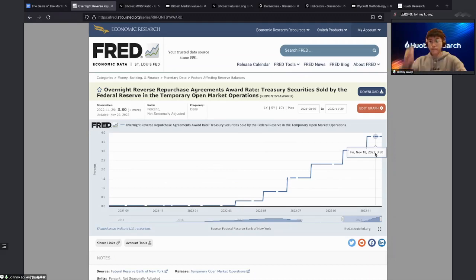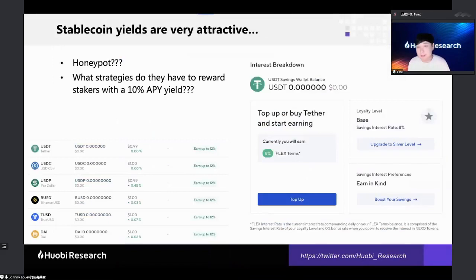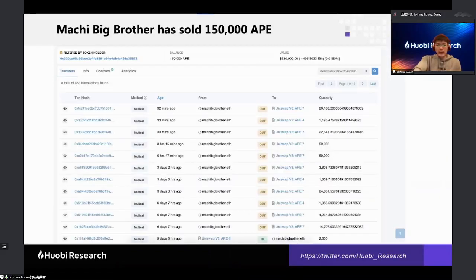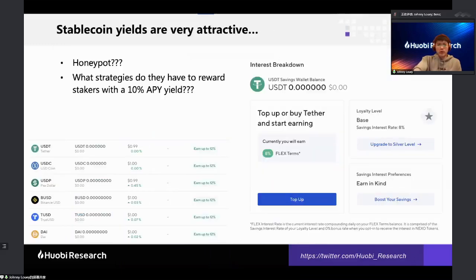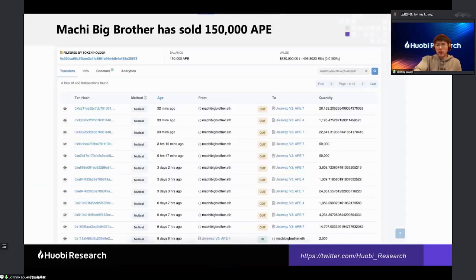This is part of the Fed's, I would say, open market strategy to actually suck the liquidity out of the market. So they sort of increase the interest rate so that people will pump the money back to them. Right. So that's it for some market news here, and I'm gonna share some big whale moves.